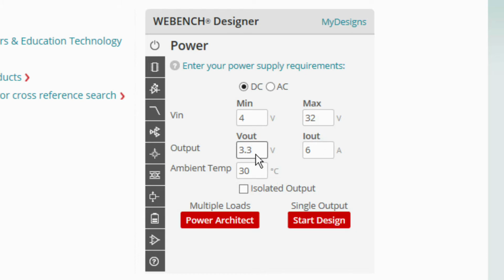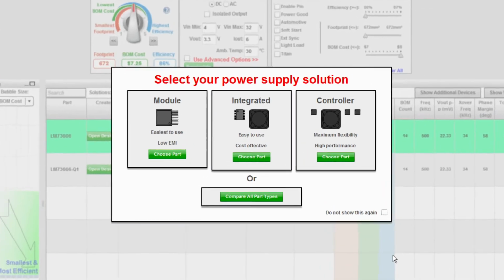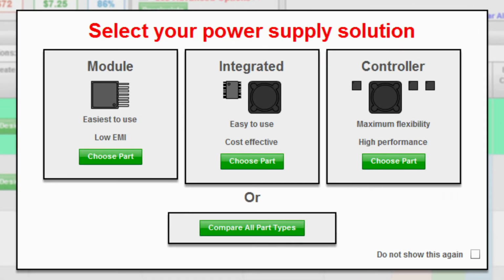I'm going to say 3.3 volts out and 6 amps. WebBench gives you a couple of different options. It gets you the option of using a module, an integrated design, or a controller. Basically, think of it as a controller gives you the most flexibility. An integrated design tends to be a little less flexible, but it gives you a more compact design.